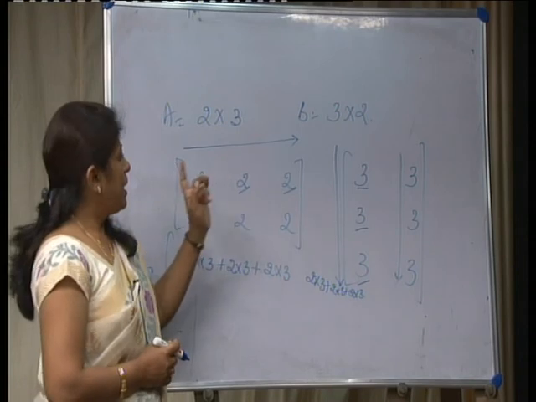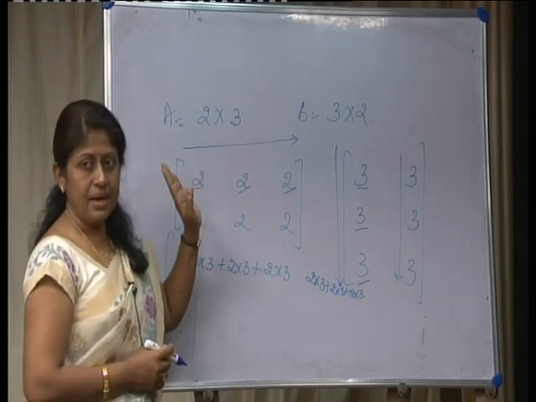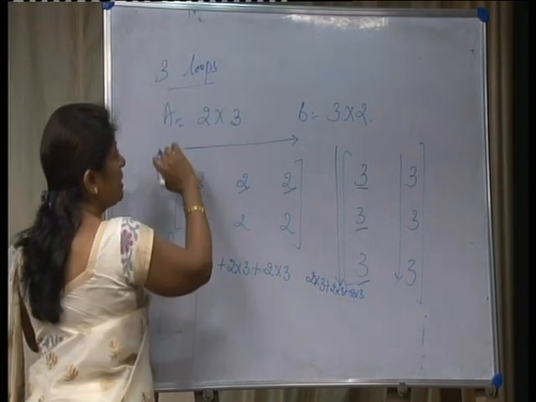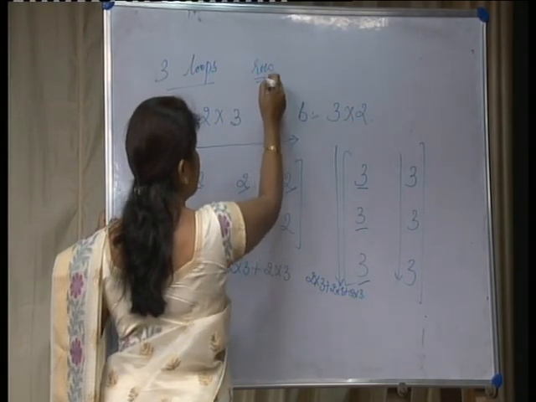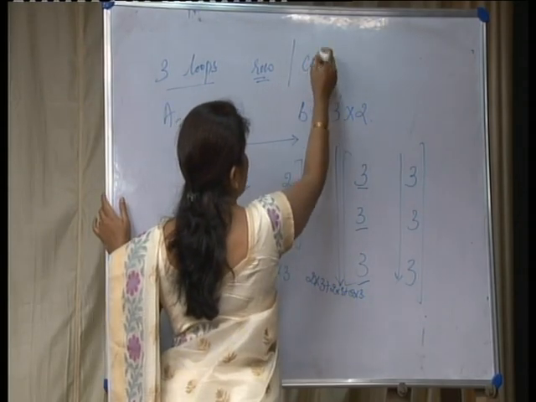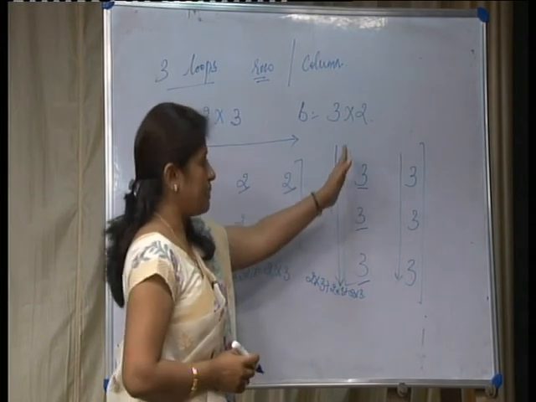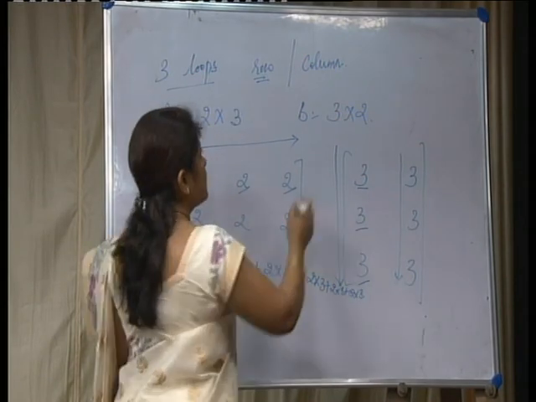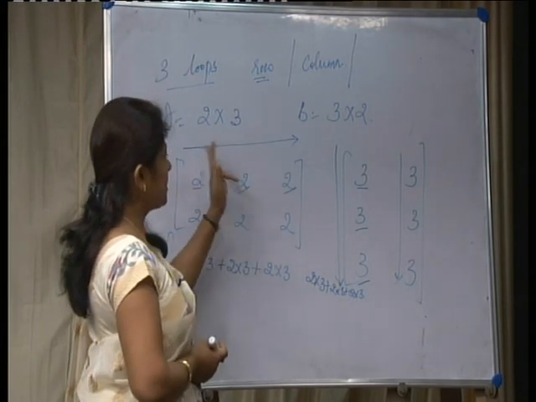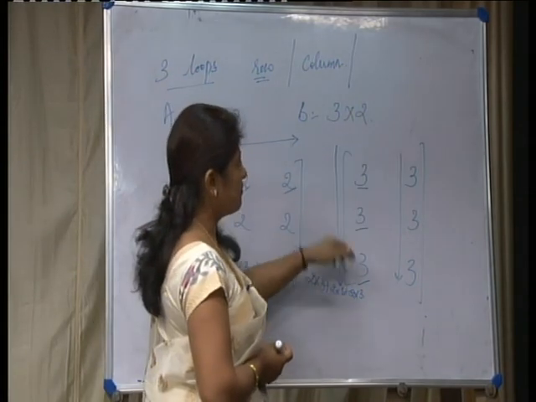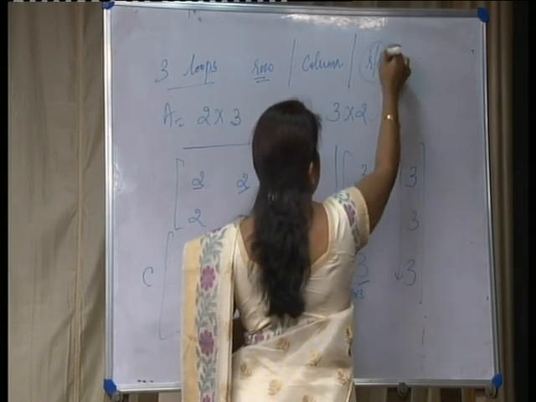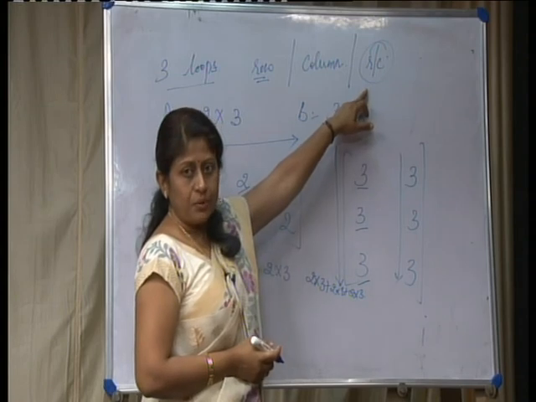That is why every time we need to process matrix multiplication, we need 3 loops. One loop is to manage the rows, another loop is to manage the columns of the second matrix, and another loop is to manage this row with different column elements and this column with different row elements. So the row and column elements together give us one more loop.